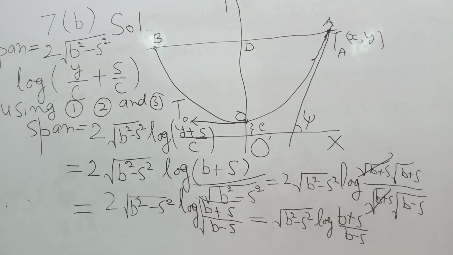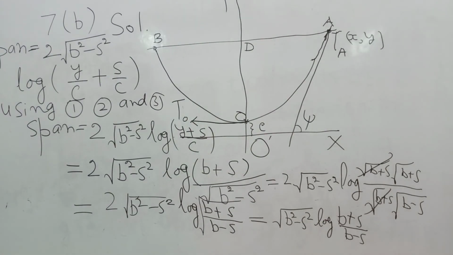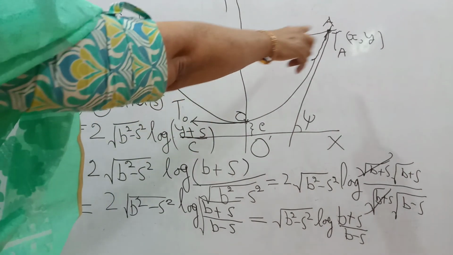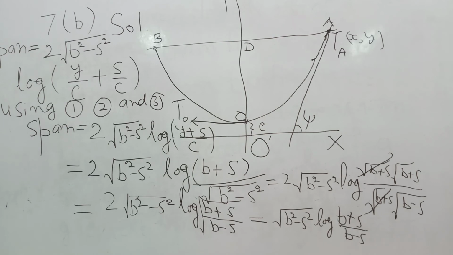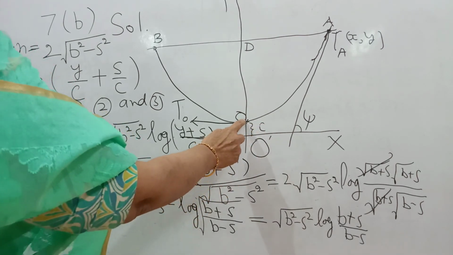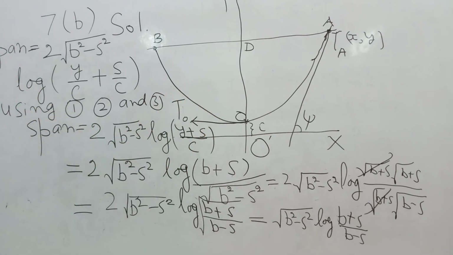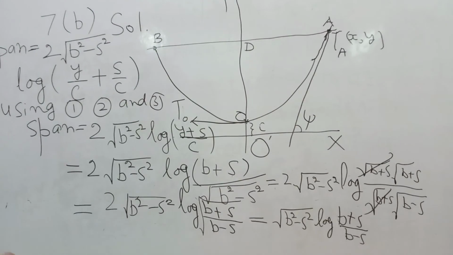Okay, now let me explain the question in Hindi as well. क्या दिया हुआ है, एक स्ट्रिंग है जिसकी लेंथ 2s दी हुई है, इसकी लेंथ 2s है, और इसको सेम लेवल पे 2 पॉइंट से सस्पेंड कर दिया गया है. तो ए बी एक हॉराइजन में है, सेम लेवल पे है, तो ये शेप ले लेगी. इसको कहते हैं कैटेनरी, कॉमन कैटेनरी, और इसका पैरामीटर c है. लोएस्ट पॉइंट पे टेंशन T0 होता है, जो कि वेट पर यूनिट लेंथ मल्टीप्लाइड बाई c के बराबर होता है. इस पॉइंट पे टेंशन वेट पर यूनिट लेंथ मल्टीप्लाइड बाई इट्स y कोऑर्डिनेट, तो WY के बराबर होता है.